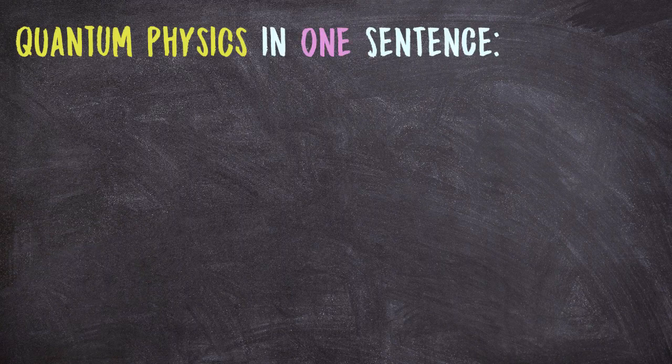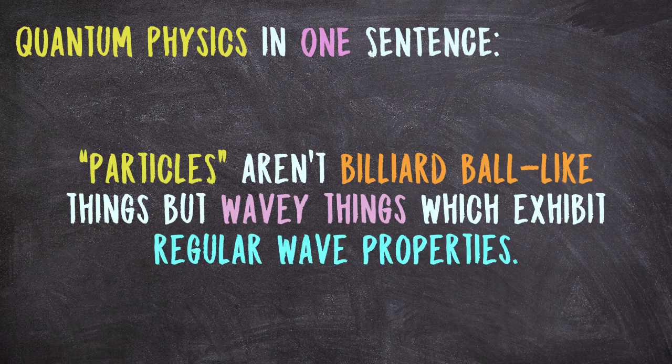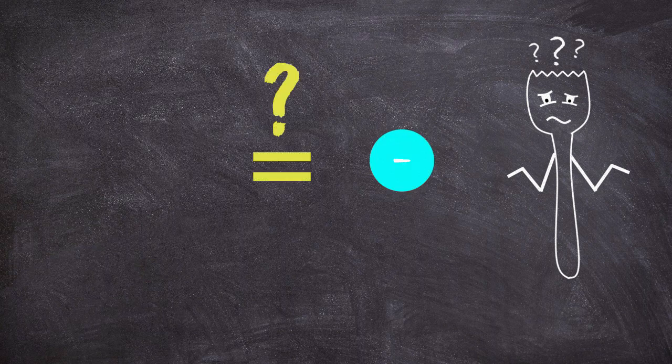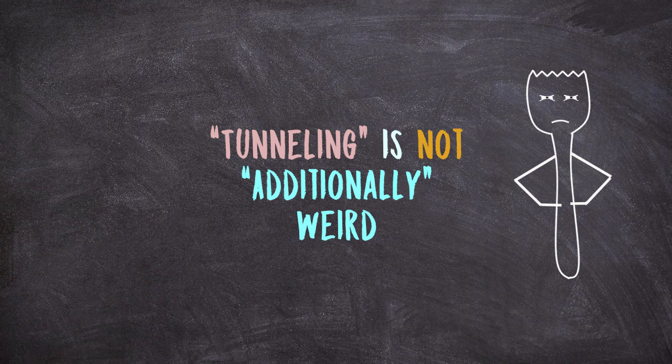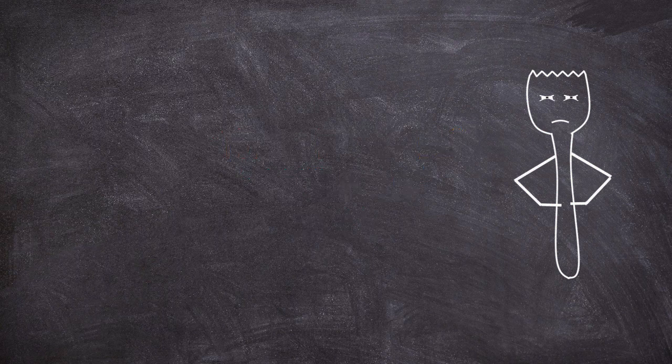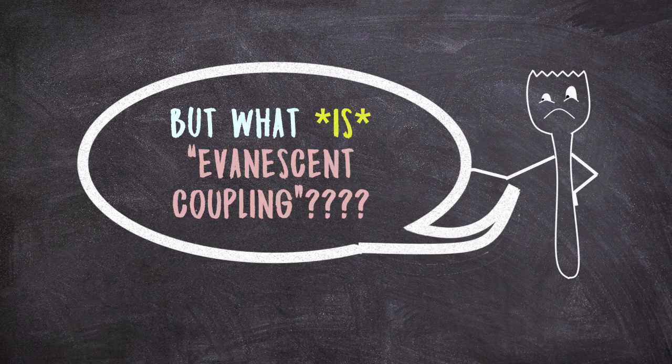You see, as it often comes up on this channel, if I were forced to describe quantum physics in one sentence, it'd be that particles like electrons aren't little billiard balls, but wave-like things that have therefore regular wave-like properties. That admittedly is very strange, that something like an electron is kind of a wave. But once we accept that, the fact that such waves should tunnel is not anything that is additionally any more mysterious. It's just this regular wave-like behavior, this evanescent coupling business. Okay, but then what is this evanescent coupling business? I'd forgive you if you've never heard of it before.